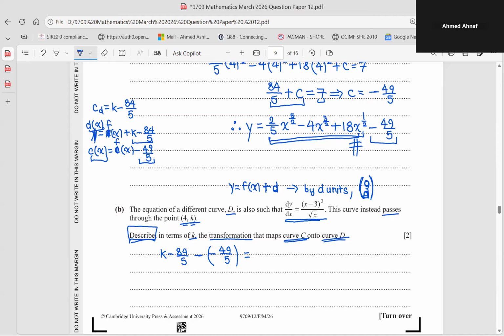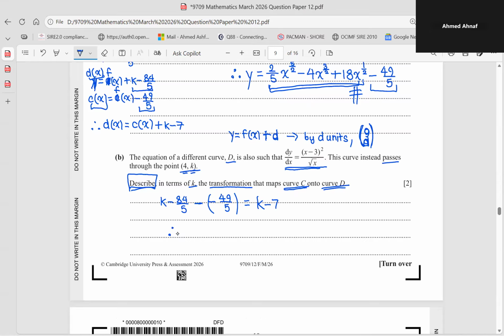So you just get k minus 7 as your d value. So therefore, dx is literally just cx plus k minus 7. So therefore, we can say that